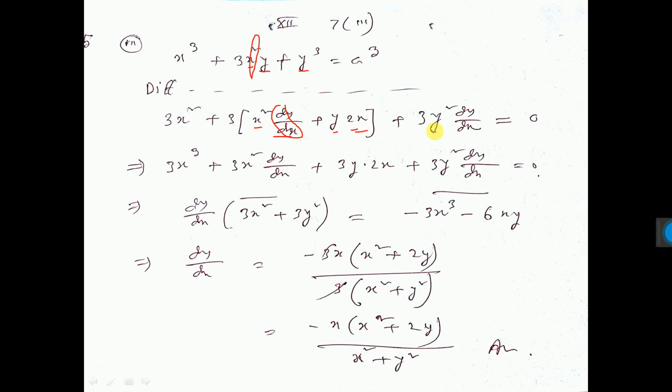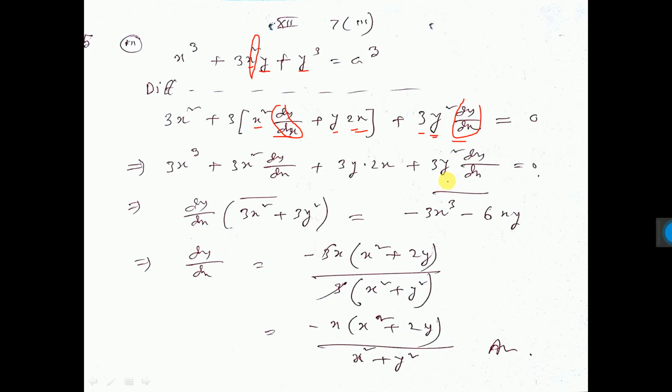y to the power 3, that is x to the power n formula, n into x to the power n minus 1. X I consider y, y I consider x. So x to the power n minus 1 means y to the power 3 minus 1, that is 2. Again y I consider x, again dy/dx, that is chain rule. Now this dy/dx containing term, see here, if you multiply 3 into this and 3 into this here, then